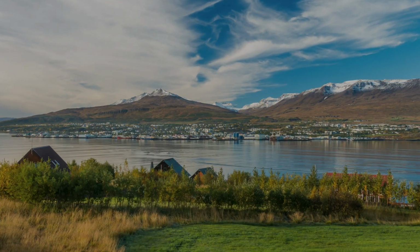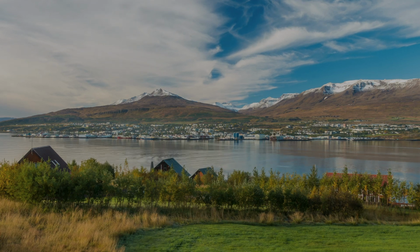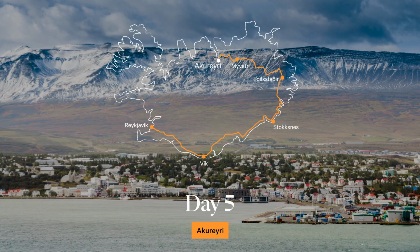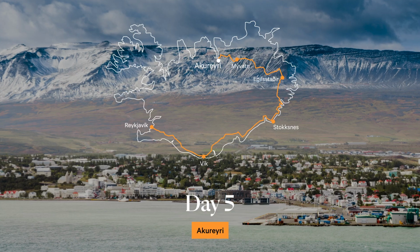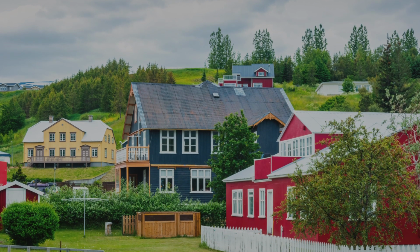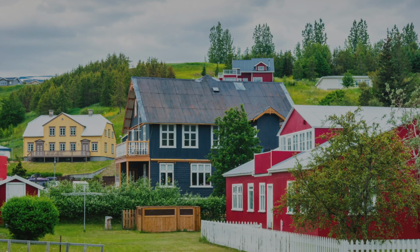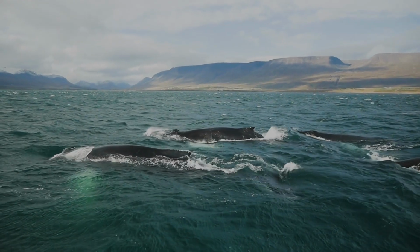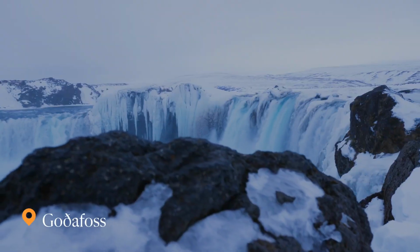While there are plenty of hotel options and campsites in and around town, you can't go wrong with the Hotel Akureyri. At this point, you may want a rest day. Walk around town, enjoy the laid-back vibes, and look out for Akureyri's famous heart-shaped streetlights. If you're up for it, there are plenty of day trips nearby. Make the 1-hour drive to Húsavík, the whale-watching capital of Iceland, or the 30-minute drive to Goðafoss, the most powerful